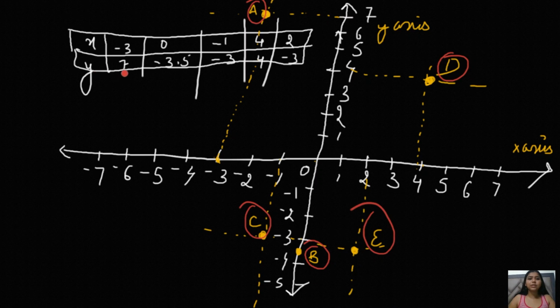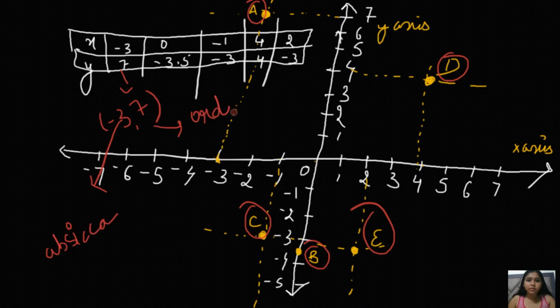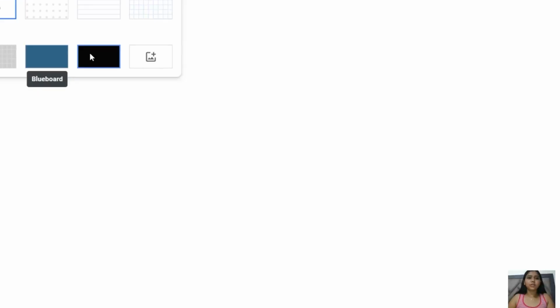In this case, what you will see as the ordered pair, -3 comma 7 is an ordered pair, where -3 is an abscissa, right, and 7 is an ordinate. So just remember a few terms at the end of this chapter. This is the end of this chapter. We just have to learn only this much in class 9th. Okay, I'll just make the list of what is very important to understand in this chapter. This is the basic of a graph. Okay, this is the basic thing.